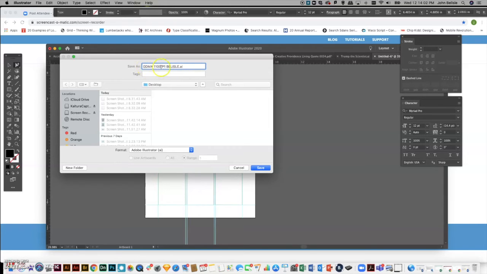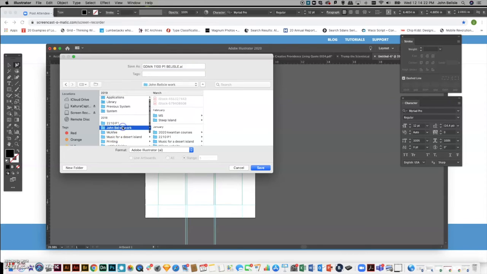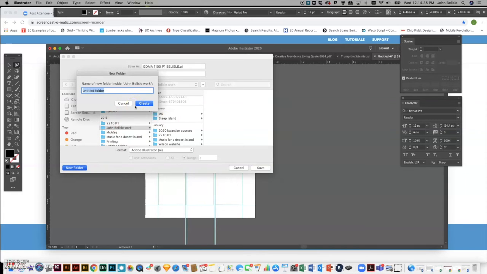The only reason I put my last name on there is because when I hand this in, I want John to know whose it is, and John being me. So then I'll find a proper space for it. So I'll go on my hard drive, I'll have a place where all my work is. So you'll see John Bilal work, and you can see all of these are different folders for different work that I'm working on right now. So in your case, you would open up a new folder. So there's a new folder. I would call it, again, GDMA 1100,